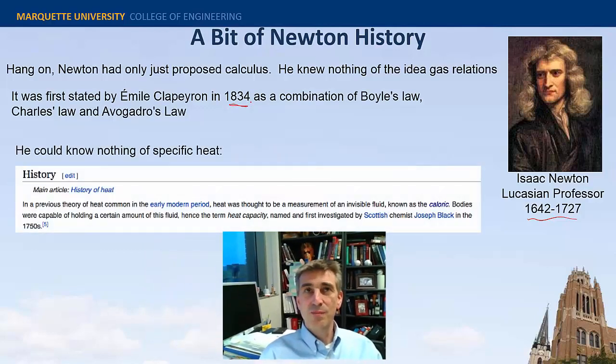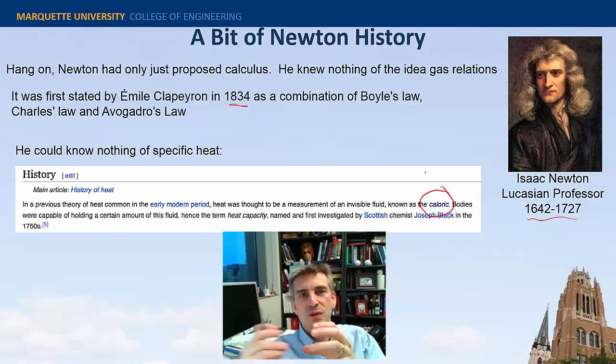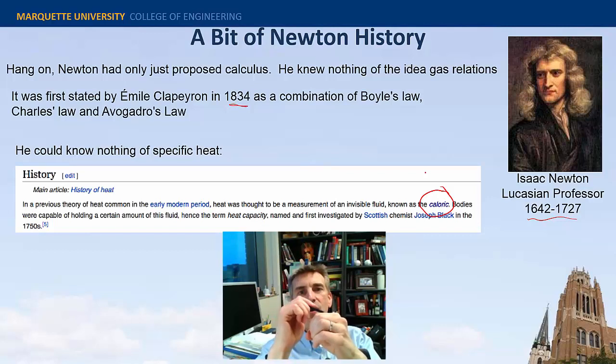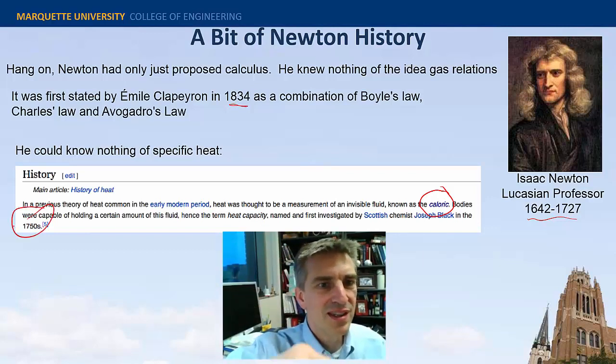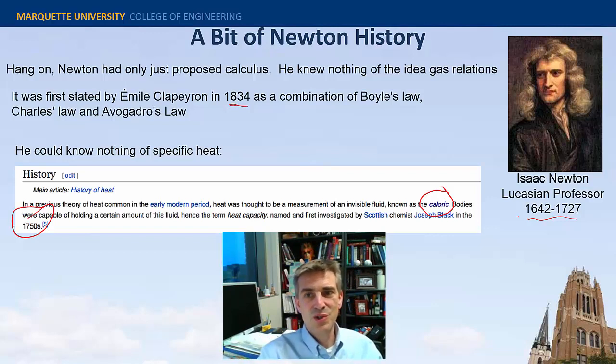And further, the whole perfect gas thing, this was still in the era of the caloric, right? If you know anything about the history of thermodynamics, people thought that heat was like a fluid that was stored inside of matter, and it flowed like a fluid from one body to another. So if you put a cold body next to a hot body, this caloric would flow from one to the other, this heat. They didn't realize it was just the vibrations of the molecules. There was no substance to the heat itself. It was just energy. So that was still a pretty big theory even in the 1750s when Newton was around.